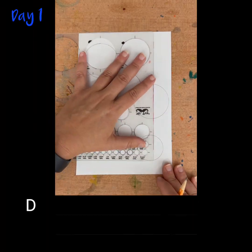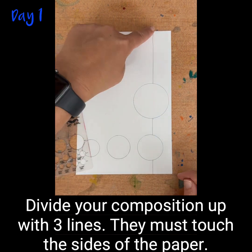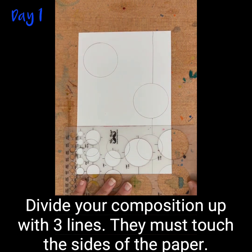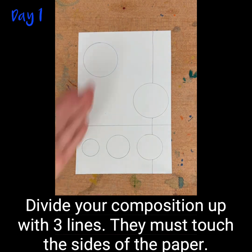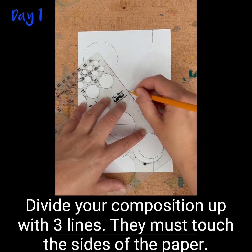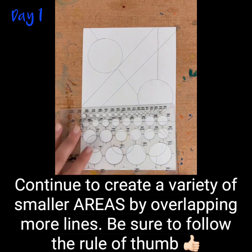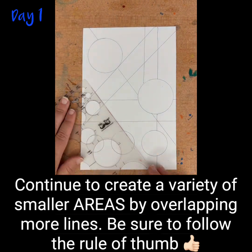Next, I'm going to divide up my composition a little bit more by laying out 3 overlapping lines. I'm going to make sure that these lines are touching side to side, and this is just going to help break up that big area into some smaller areas. 1, 2, 3. I need more shape variety, so I'm going to continue to create a variety of smaller areas